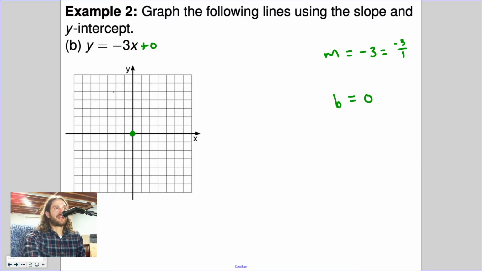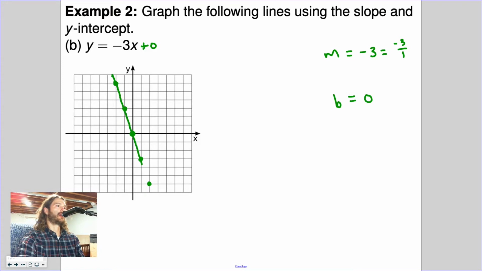Okay, now we have a slope of negative 3. That means when I go from left to right, it should look like it's going downhill. So a lot of people say, I have to go down 3. Well, you don't actually have to. You can go down 3 to get the next point. You could also go up 3, as long as you remember, it needs to slope downhill. So my rise is 3, my run is 1. That's still sloping downhill. And if I go down first, then go over 1, and so forth. Back up this way. Great, fantastic. There's our slope. And then I graph this here.